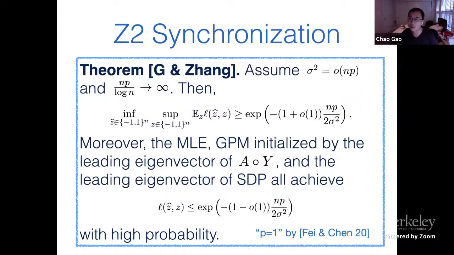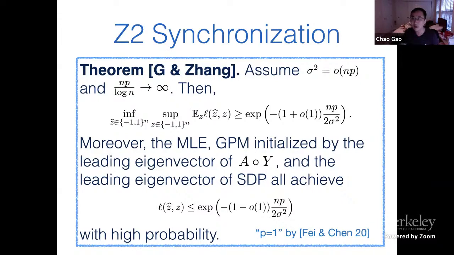They actually were able to prove the optimality of SDP when p equals 1. They obtained exactly this result. So our result can be regarded as a generalization of this for a general p. The reason I think their paper is so important is because semidefinite programming is known as a continuous optimization